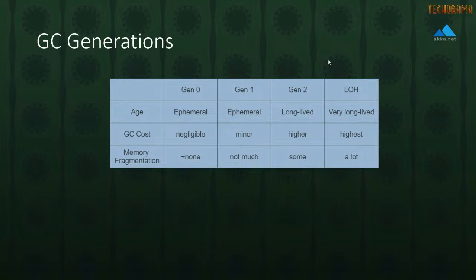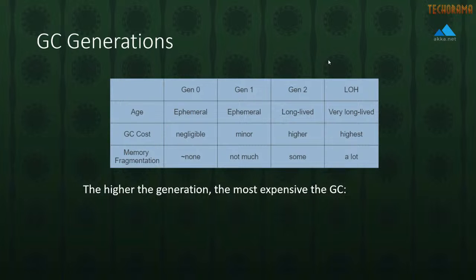There's Gen 0, which is the cheapest form of garbage collection. This happens very quickly after objects have been allocated. So, for instance, let's say you create a string and print it out to the console and then don't use it anymore, that would very likely be a Gen 0 object. It doesn't get rooted for very long. So we can allocate it and then very quickly deallocate it. And then we don't need to do any compaction because we allocated it essentially at the very top of the heap.